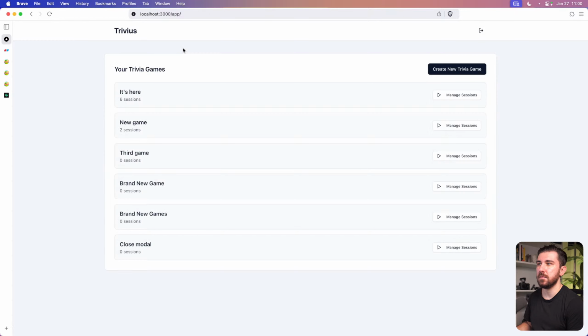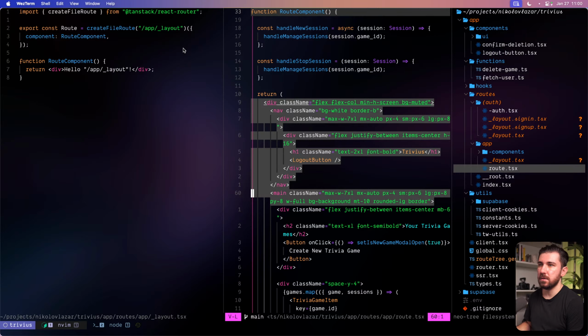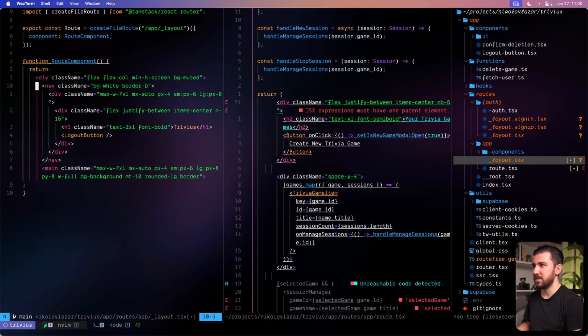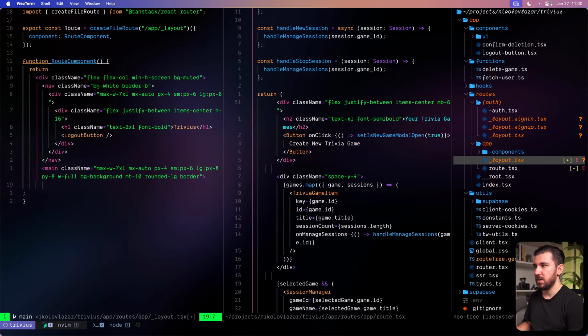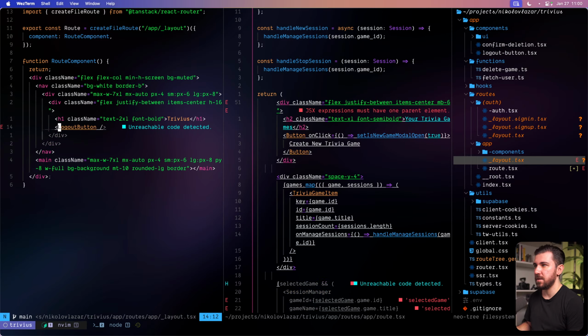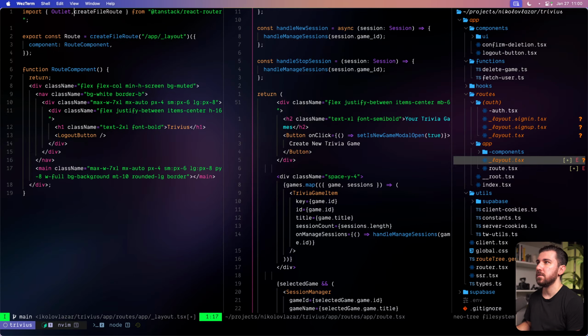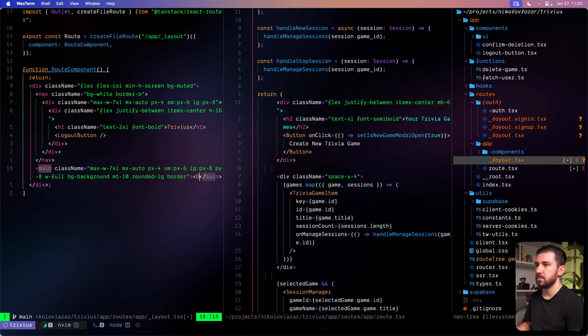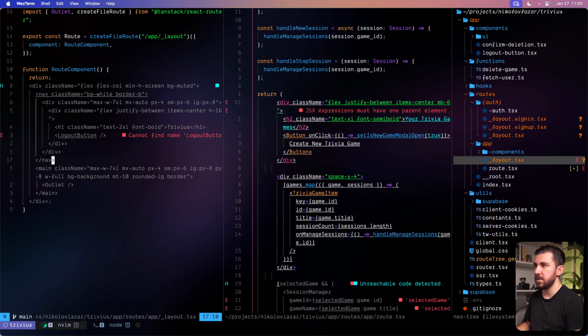Now I'm gonna grab these two pieces, and actually the main as well, right? Should I grab the main? I'll grab the main. So I'm gonna replace that with this, close the main, and then close the div, the outer div. There's a logout button. I'll grab that. Bring in the outlet and put it inside of the main, like this,